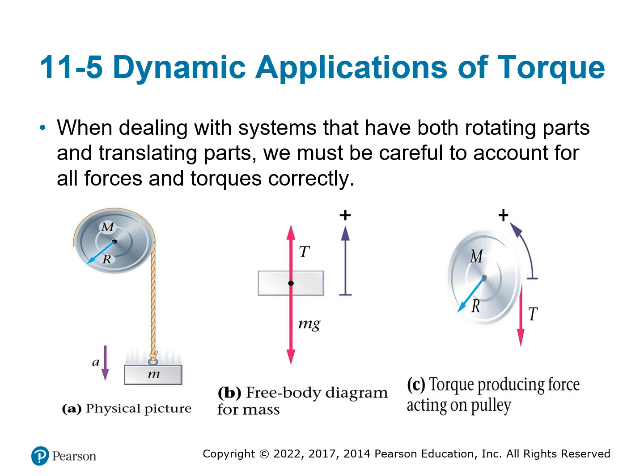All right, so when you have objects or systems that have both rotating and translating parts, remember translating just means linear, you have to make sure that you account for forces and torques correctly. All right, so free body diagrams are going to help you again, pictures, anything to help create a visual for you, just as long as you take into account the linear forces acting and the torques that are happening.